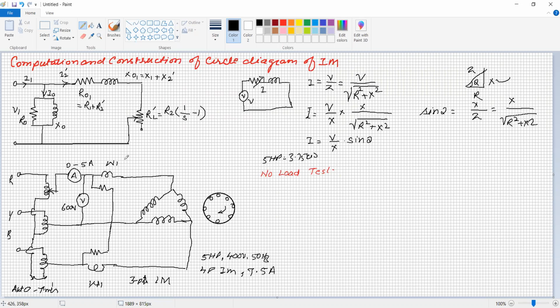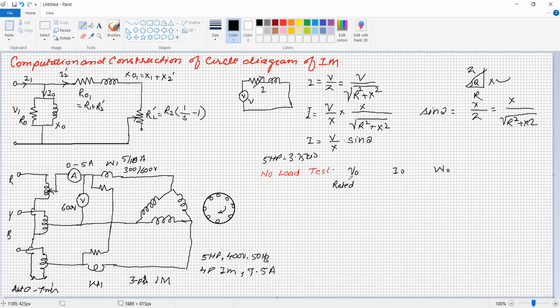Generally, a wattmeter is 5 by 10 ampere, where 10 ampere is the current range, and 300 by 600 volt is the voltage range. So we will select here 5 ampere, and as the rated voltage is 400, 600 volt. By selecting the proper scale of the wattmeter, we can find this out. Now under the no load test, we are going to measure at rated voltage. So V0, I0, and W0, where 0 stands for no load and V0 is the rated voltage.